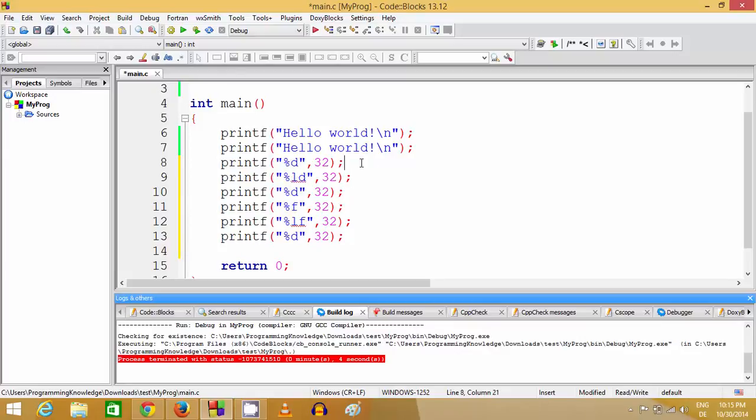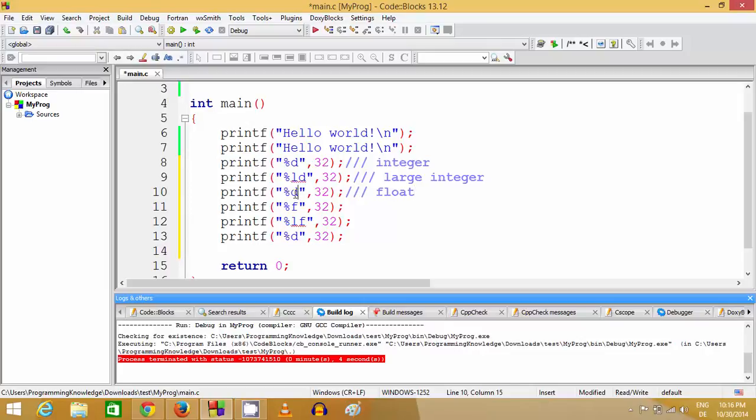Okay, so I will just write something here, a comment, and this / means a comment, which I will explain to you later. Basically this comment means that whatever you write after it will not be executed by your C program. So this is integer, and this is large integer, and once again this is a double value or float value,